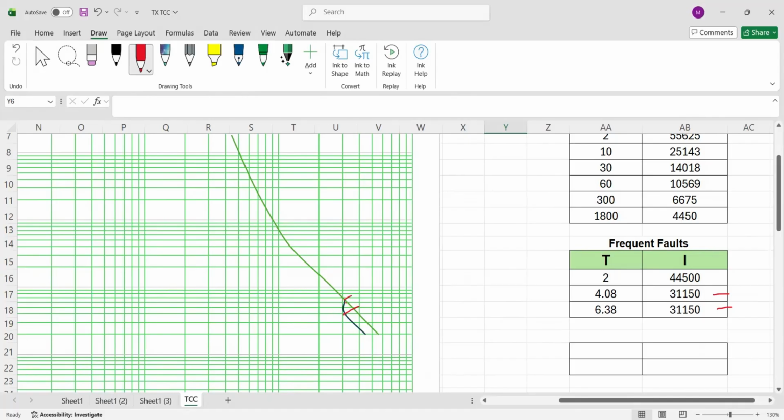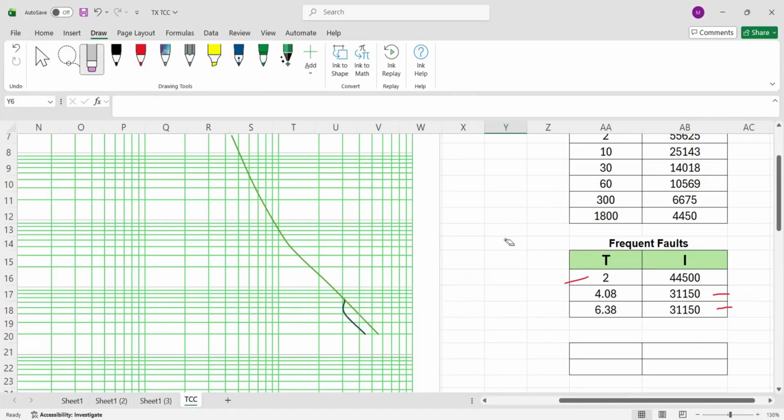So we have to plot this line, and another straight line is from 4.08 seconds up to 2 seconds, where the fault current is around 44,500 amperes. So we will plot the two lines.